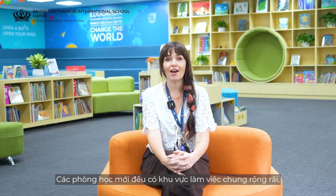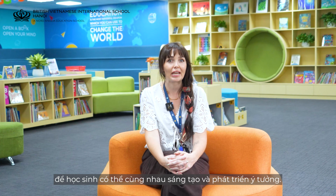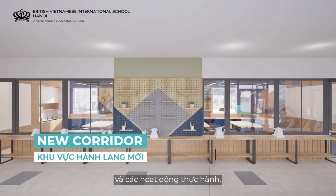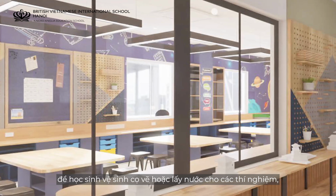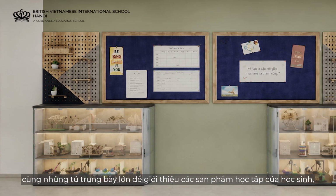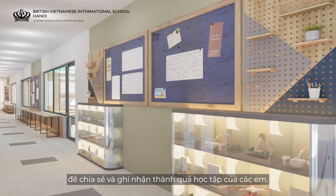The new rooms have wide collaborative spaces for the students to innovate and create together. This is a great opportunity for project-based learning and for hands-on learning. We have new washing up areas for the students to clean paintbrushes or get water for experiments, and large display cabinets to showcase student learning, which is something we really love to do at the school and share students' work